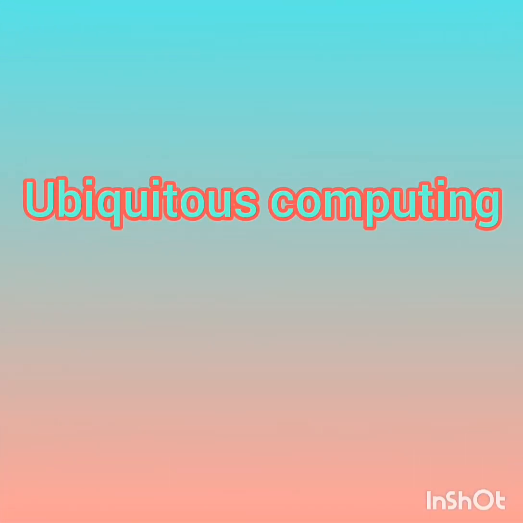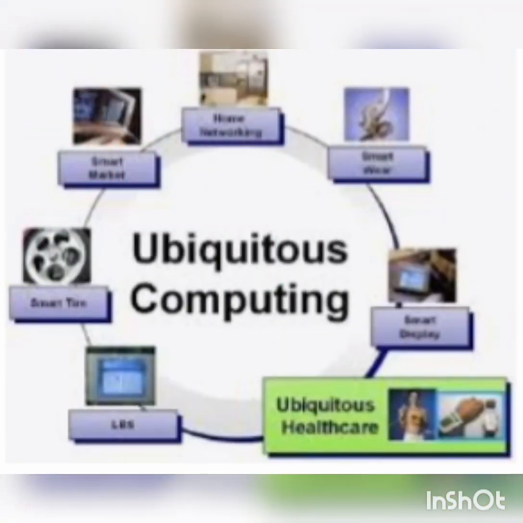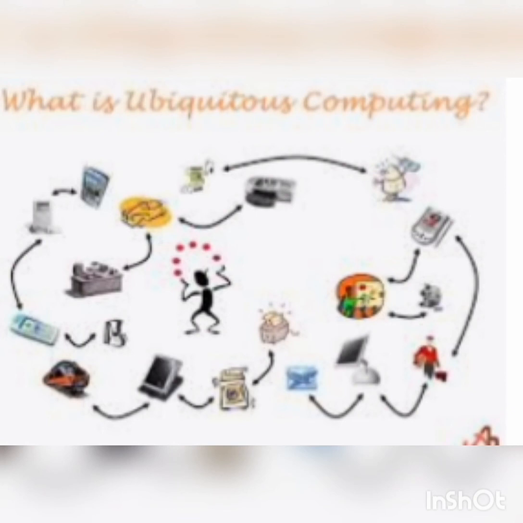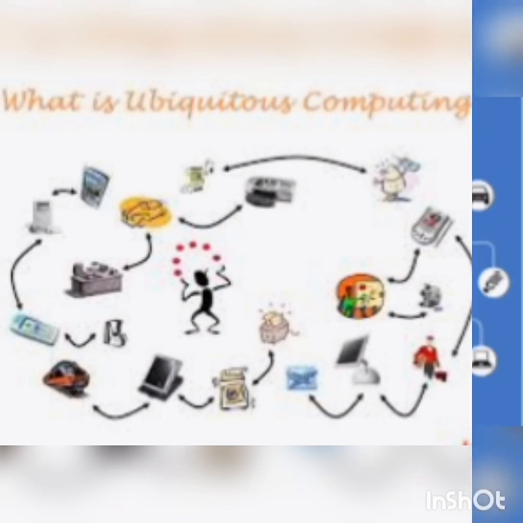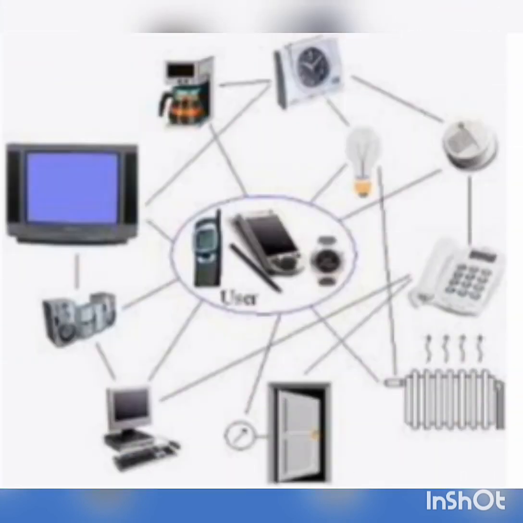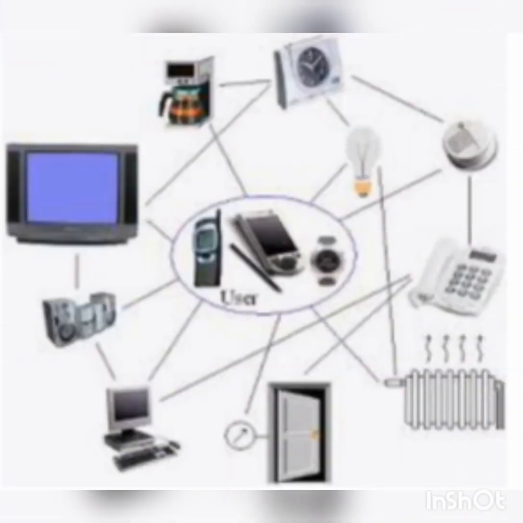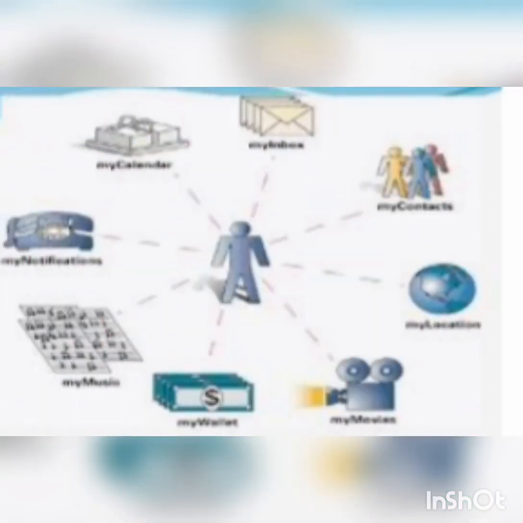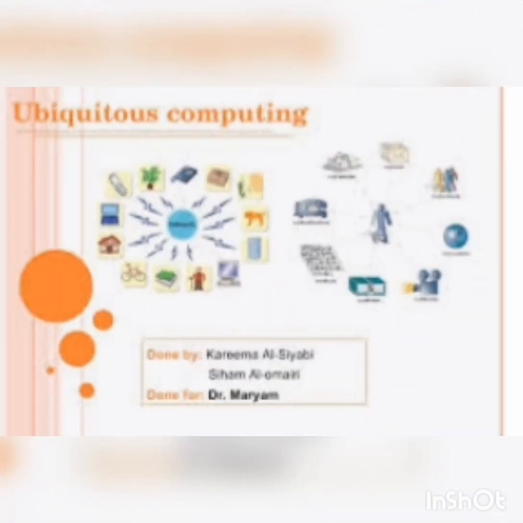Ubiquitous computing. Ubiquitous computing is a situation in which the computer technology reaches you at the place where you are in the world. This can be used in any instrument, in any place, and in any manner you like. Imagine a situation in which the internet, mobile phones, electronic chips, global positioning system or GPS, etc. come to your help even if you are on the road or in a vehicle or in the kitchen.